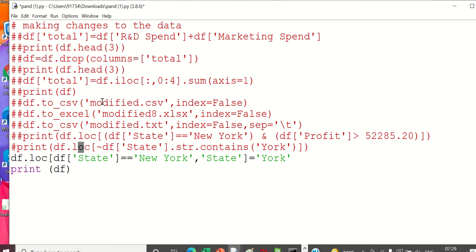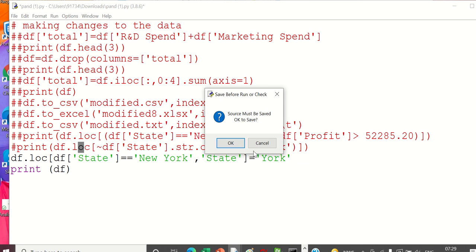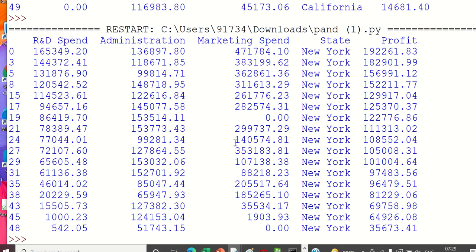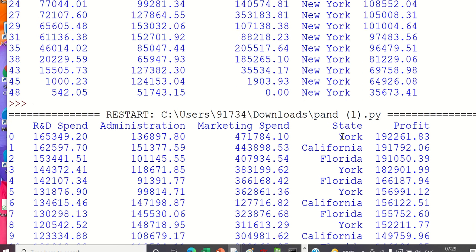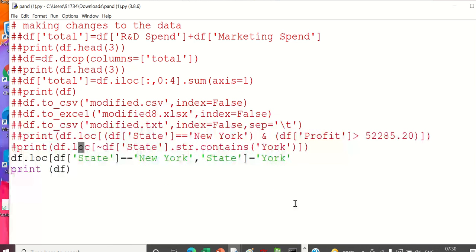All these commands, should I remember? No, you don't have to remember this, but you should know what is possible using pandas and what is not possible using pandas. That much you should know. Now you can see that the New York name is replaced with York. If I want to replace that name, then you make this.